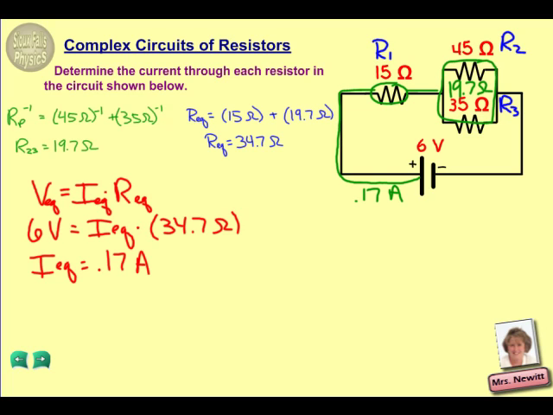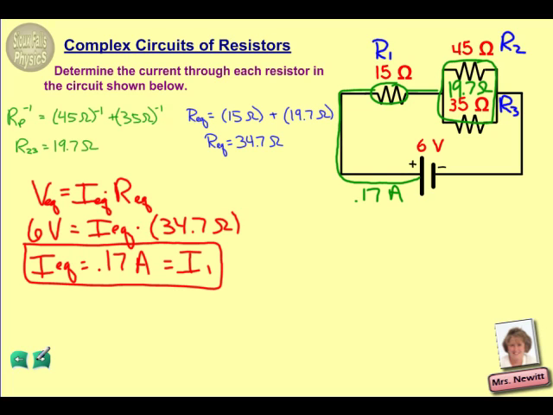So we have, in fact, just answered one of the questions, because all of that 0.17 amps will have to travel through resistor 1. So even though we originally labeled this as equivalent current, we can also label it as current through resistor 1. Now notice that that's not going to be the same as the current going through resistors 2 and 3,